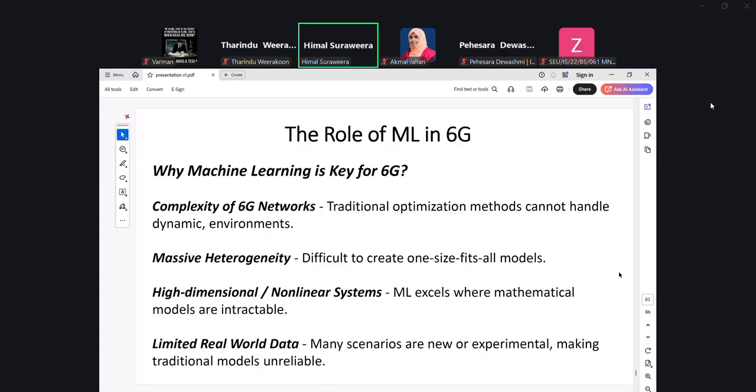So with that, I think those are my last two slides about the role of machine learning for 6G systems, because they are the ones where research has been developed. So for the audience, this is a good opportunity to study about these systems, as well as to study the various kinds of machine learning algorithms that we discussed.